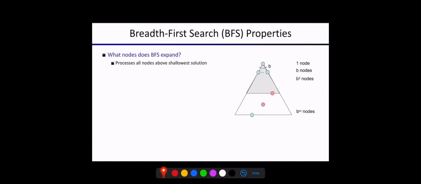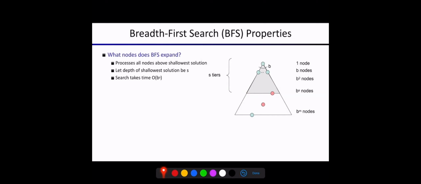How many levels down? If we are only considering traversals or hops from one node to another, then we discover the goal that is in the shallowest position. Let's say that in a particular problem, that goal is s levels away from the start. Then we would have b to the s nodes on that level. So if you add